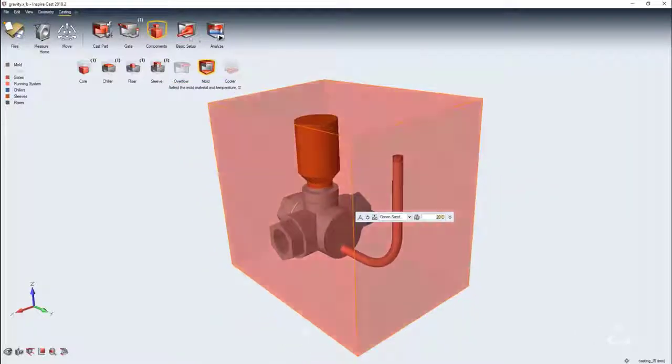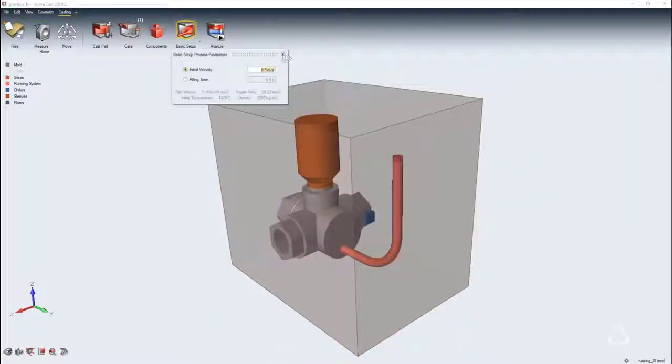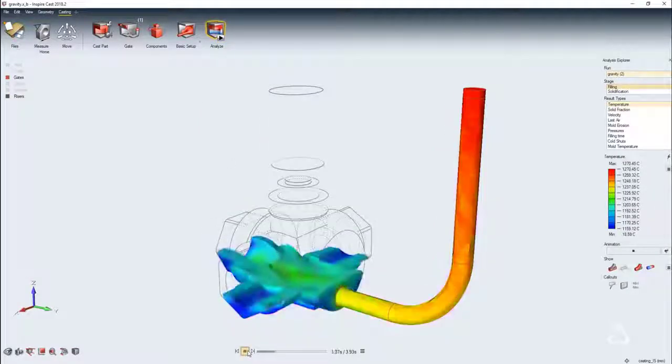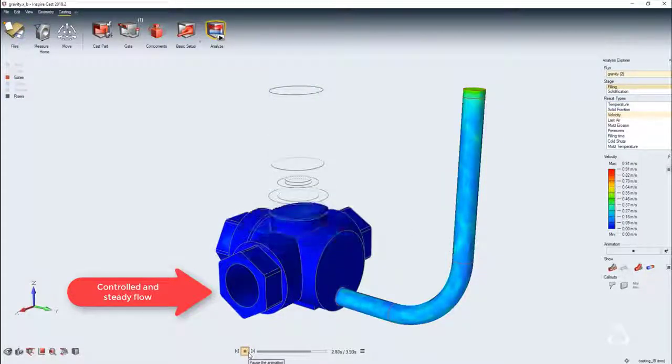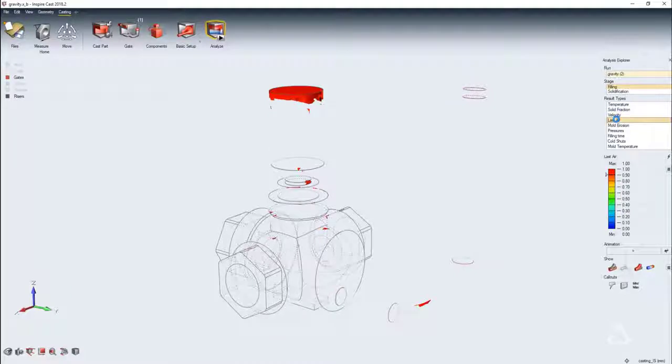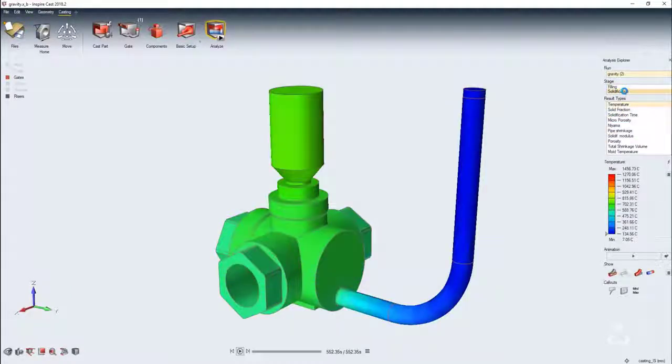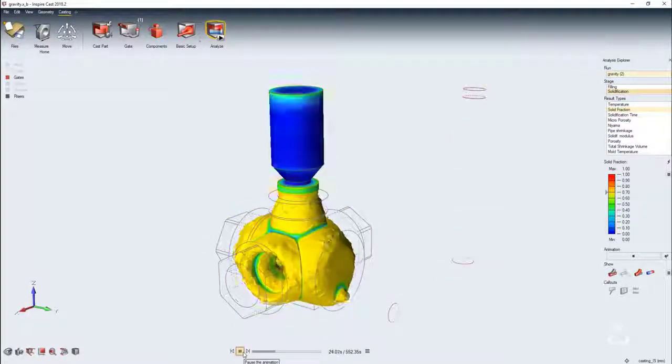We use the same controls as before to define our flow characteristics, as well as the same element size. And now we run our analysis again. With the addition of a runner system and a riser, we can see the part still fills just fine. We can also see that our riser has removed the pipe shrinkage from the top of the part, thus solving